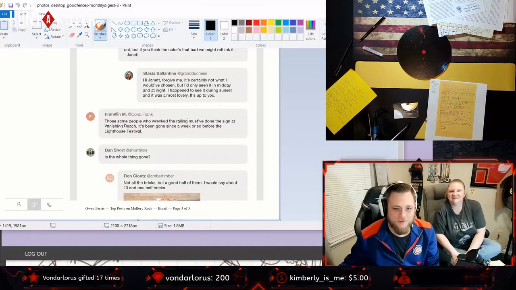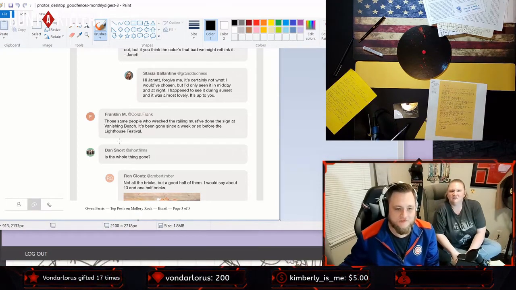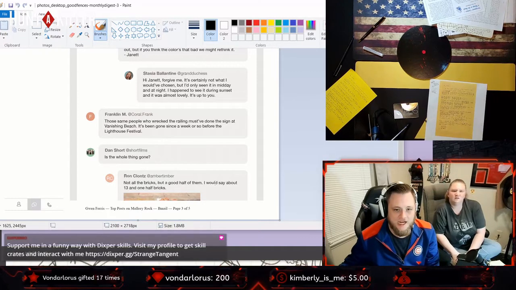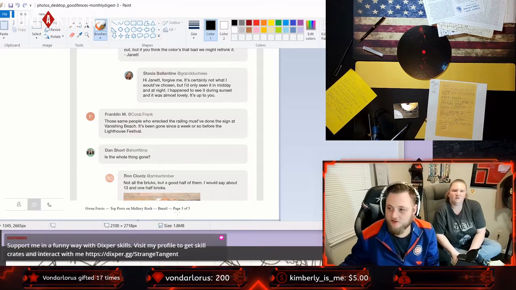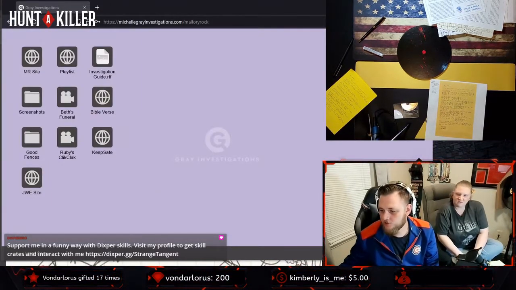So those same people who wrecked the railing must have done the sign at Vanishing Beach. It's been gone since a week or so before the Lighthouse Festival. Is the whole thing gone? Not all the bricks, but a good half of them. I would say about 13 and a half bricks. Interesting. Yep. All right, so let's do that. And then let's try opening this up in...